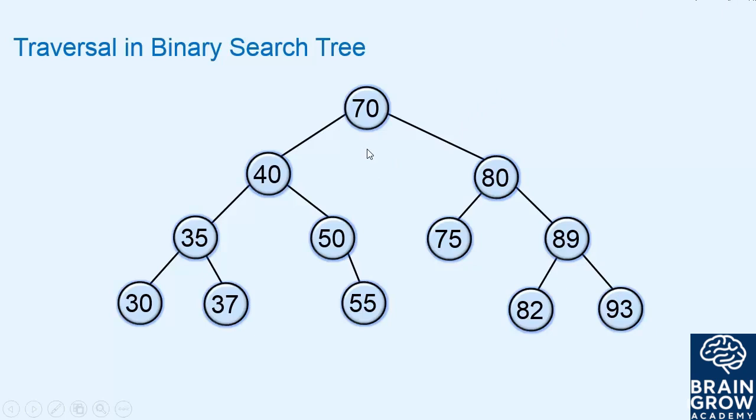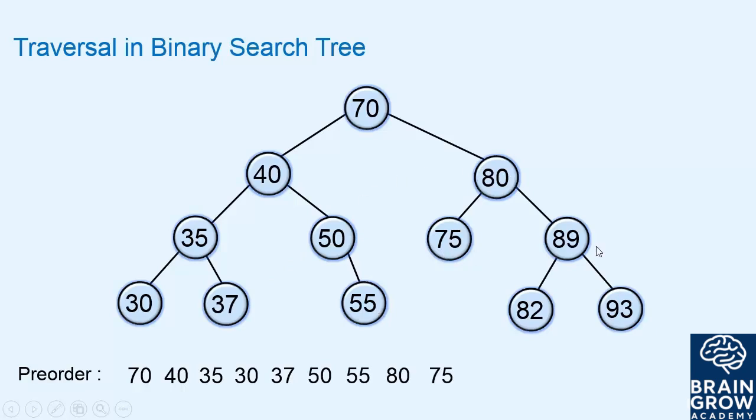A binary search tree is a binary tree. So it can be traversed in the same way a binary tree is traversed. We have already seen how to traverse a binary tree. Now let us traverse this tree in pre-order. We know that in pre-order, first the root is visited, and then the left subtree is traversed, and then the right subtree. So here first we'll visit 70, then 40, 35, 30, 37, then 50, 55, then we come to 80, 75,